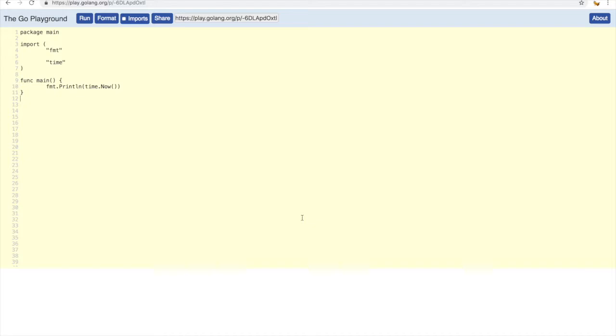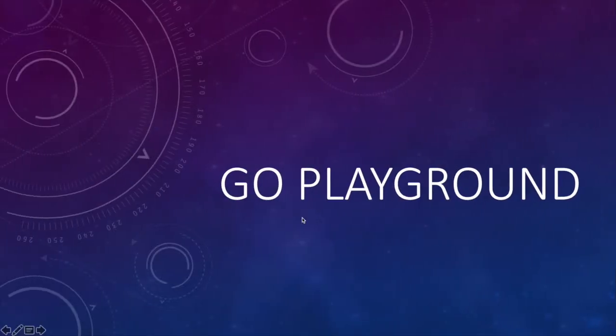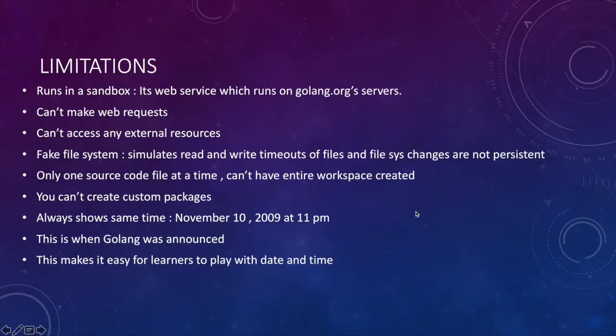So let's see what are the limitations with the Playground. As we discussed, this runs in a sandbox. It's a web service which runs on a Golang server, and it can't make outside web service requests or access any external resources. It also fixes the file system. So when you run any read write or timeout related program, or any file system changes related program, they are not persistent. And also you can run one source code at a time,